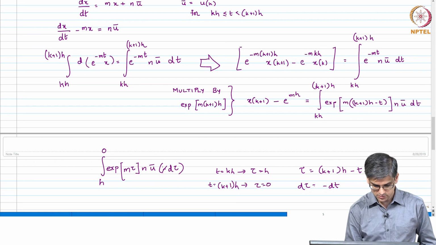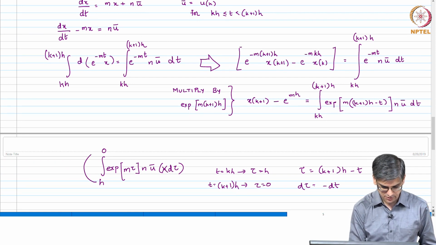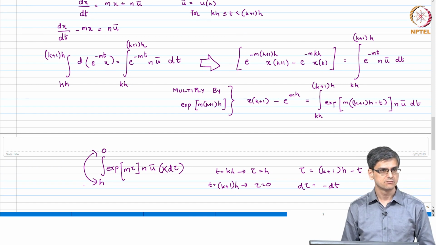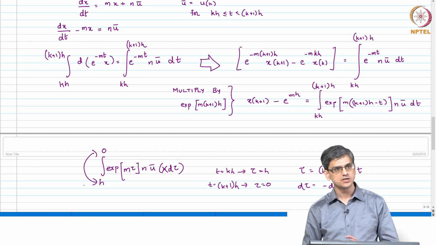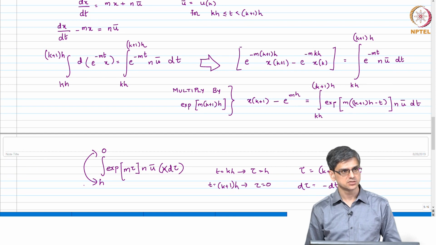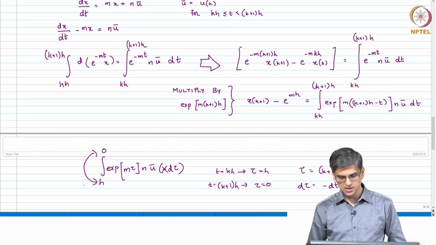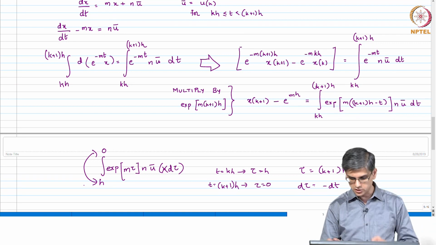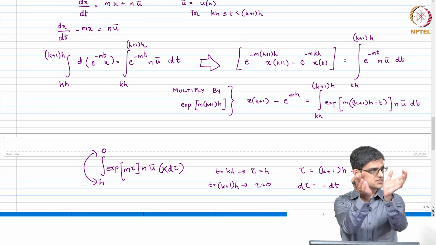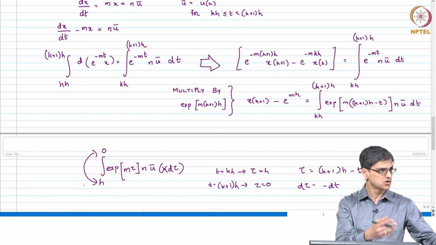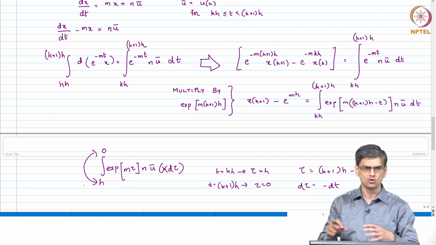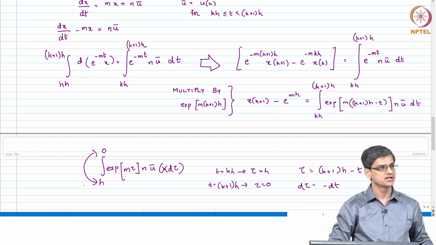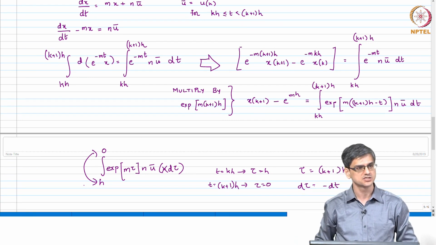Okay. This minus gets cancelled and our h and 0 gets exchanged. Again straightforward 12th standard calculus, nothing different. And again in 12th standard integration you would have learnt, in order to handle the stuff that is in the brackets, convert that from t to tau. This is no big jugglery I am playing over here. This is exactly what we have done again and again in our 12th standard or first year undergrad.